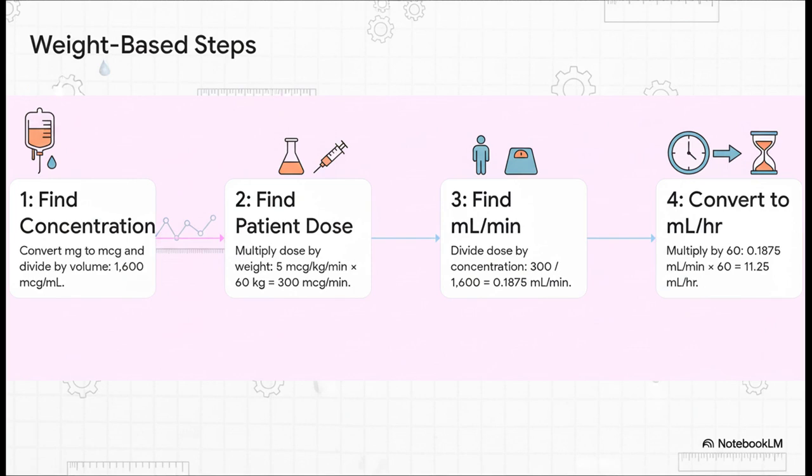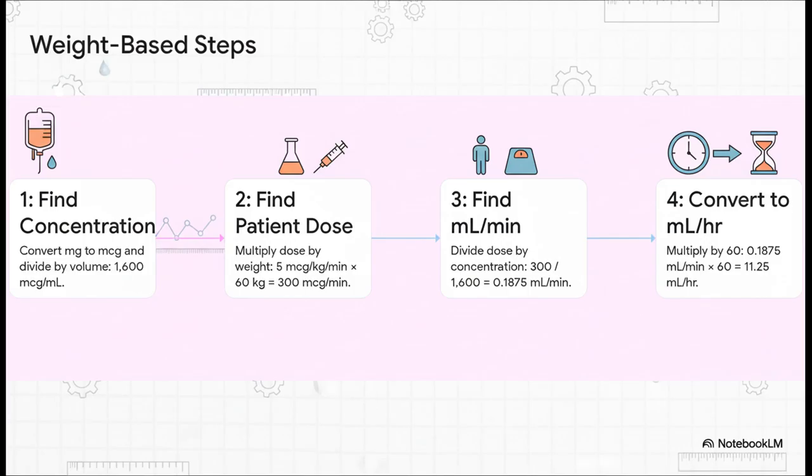The very first thing you should notice is a classic exam trap. The ordered dose is in micrograms, but the drug in the bag is in milligrams. They don't match. We have to fix that first. So we convert 400 milligrams to 400,000 micrograms. Now we're talking. We divide that by the 250 milliliter volume, and boom, we have our concentration: 1,600 micrograms in